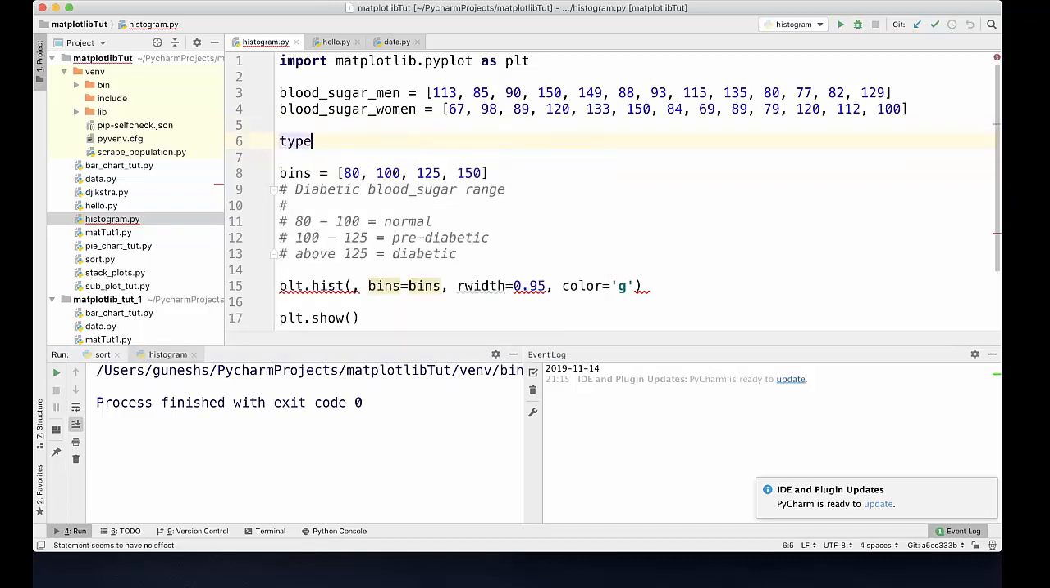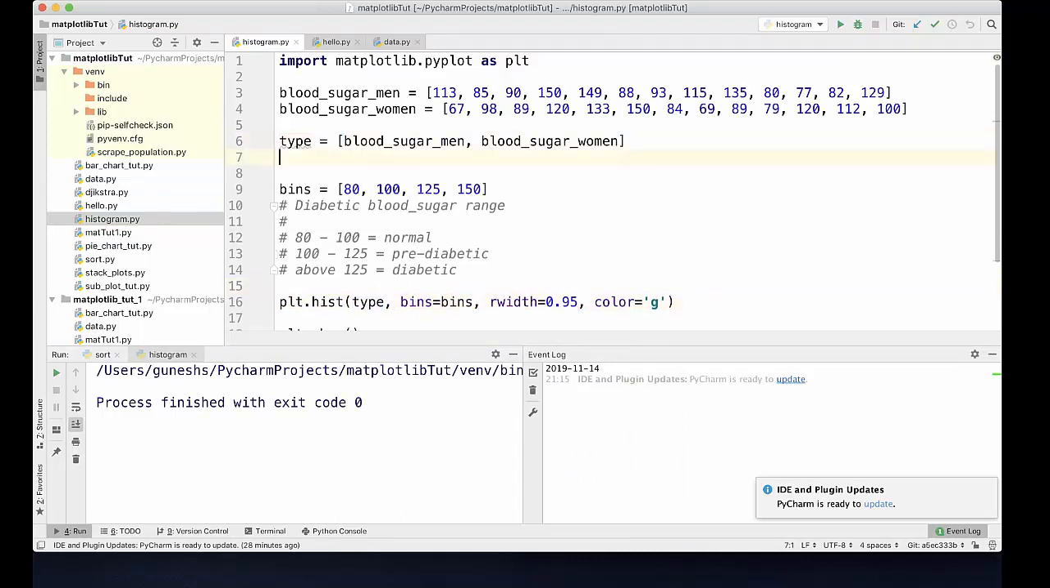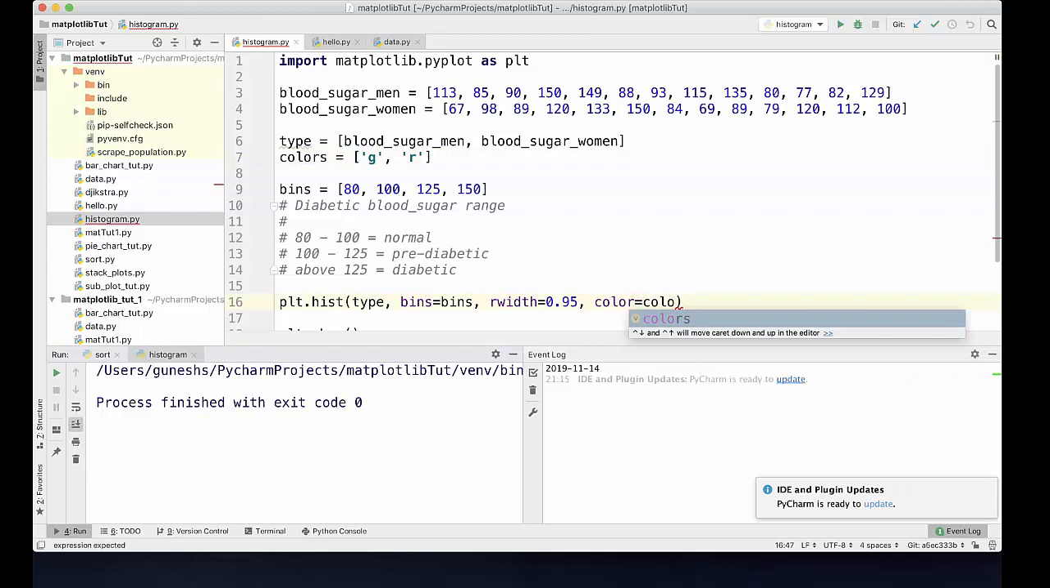Then we'll create a separate variable called type, and inside that we'll create a list, and in that empty list we'll pass both the lists. Now if you pass type in the histogram function, it takes both the lists. And also we'll pass colors equal to a list. Inside that we'll pass 'g' and 'r' in inverted commas, for green and red, the colors of both the lists, and we pass color equal to colors in the histogram function. So if we run it again,